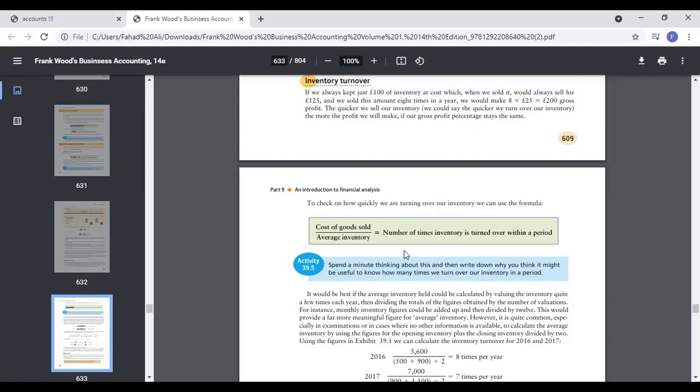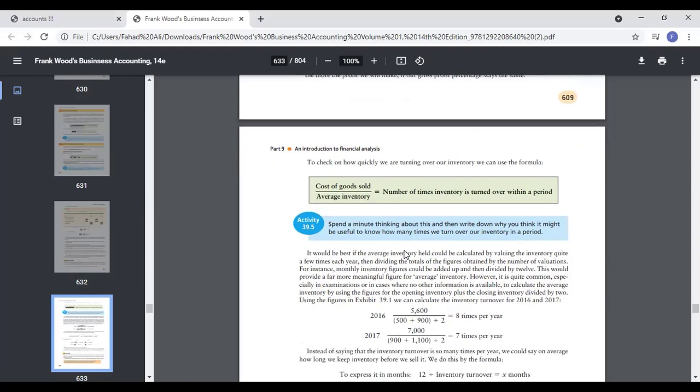Mean means average, on an average. Let's suppose you are studying for 1 hour in a day, 2 hours in a day, and half an hour. If you add these 3 and divide by 3, you will get an average amount of studying, how much time you spend in a day on an average studying. So we can add all of this and divide.